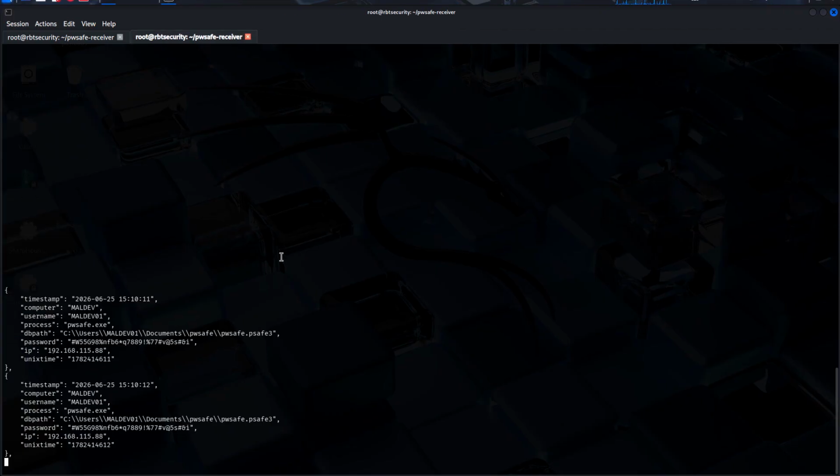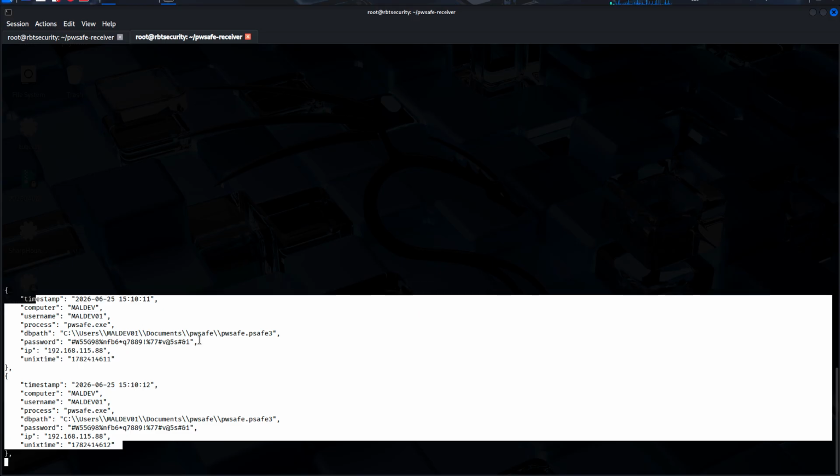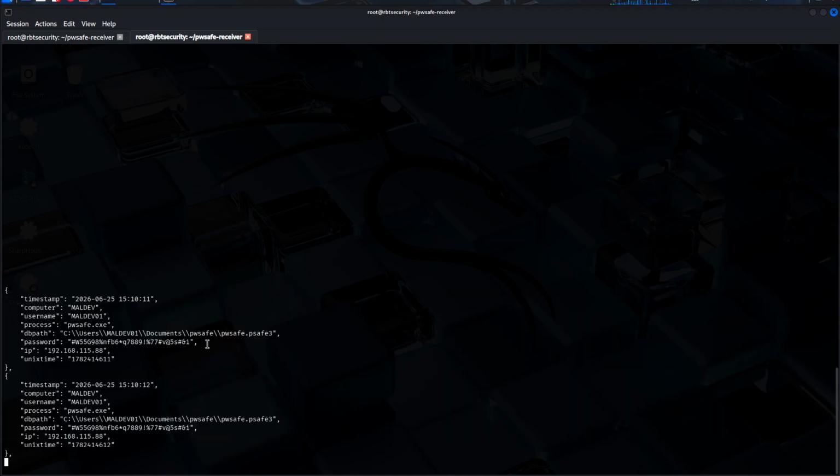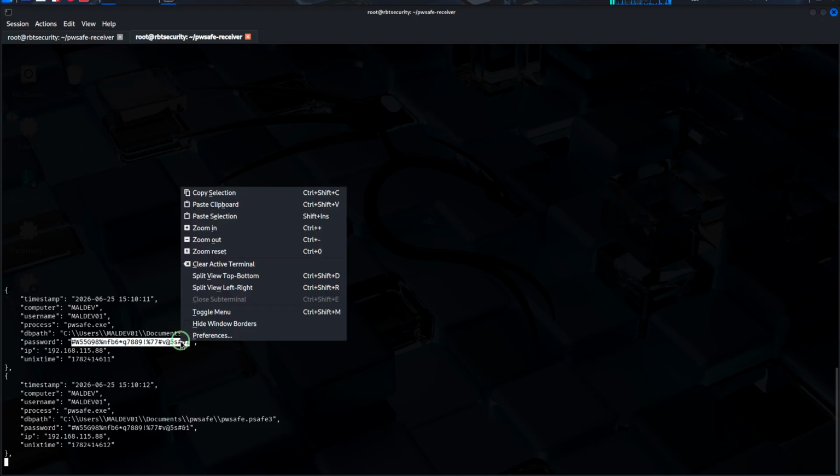But if we go back to our C2 infrastructure, we can see that we were able to exfiltrate not only the password, but also the database path, the process, the name of the computer, the user, the IP. And again, if we come here and copy this password just to make sure that it is the right password, we can copy it